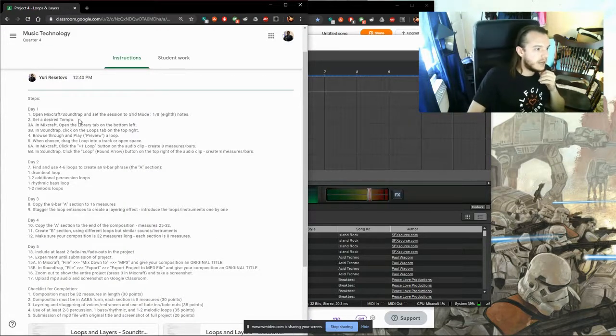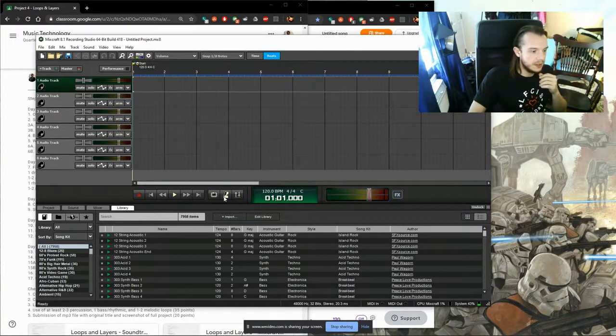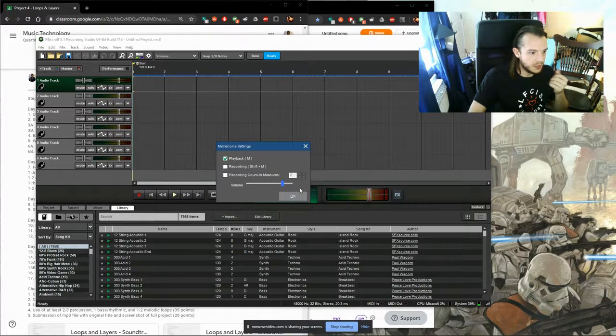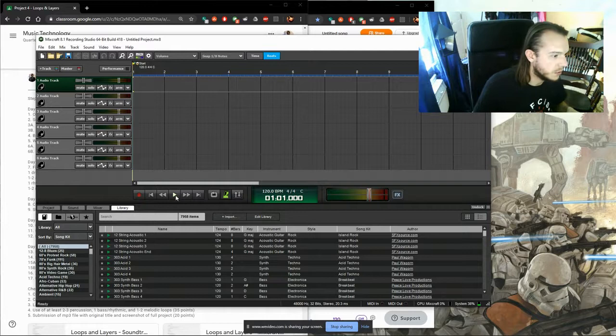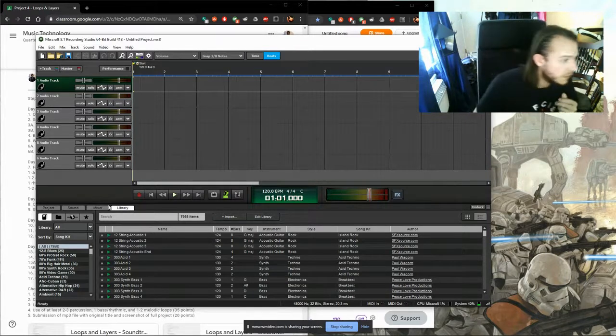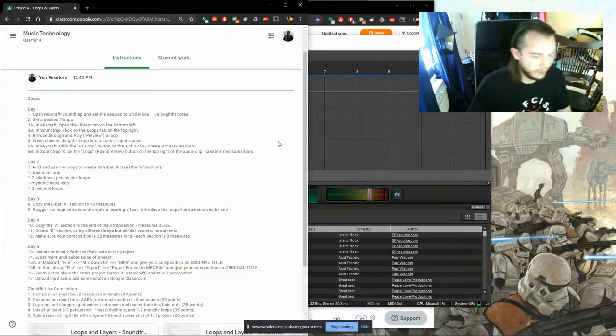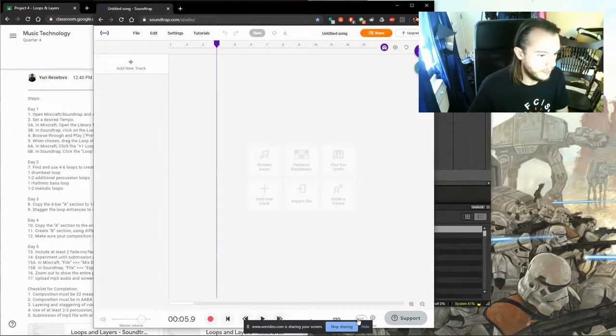You're going to set a desired tempo. In Mixcraft, you have an old school metronome. If you click on the metronome and click playback, and then press play, it should start going. Maybe there's no audio file, so it doesn't want to play. Okay, that's okay. In terms of the metronome, just on its own in